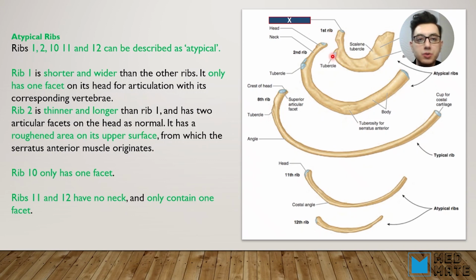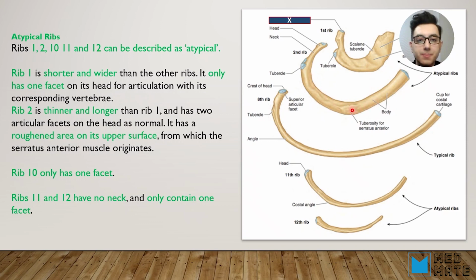You can also see the tubercle on rib number 1. Alright, now the other atypical ribs are rib number 2, and that's because it's thinner and longer. You can see rib number 2 here. And also this rib has a specific tuberosity, and that's the region where the muscle serratus anterior is connected with